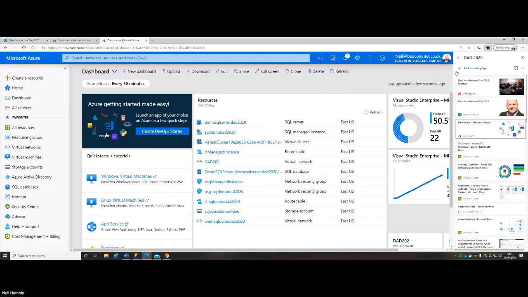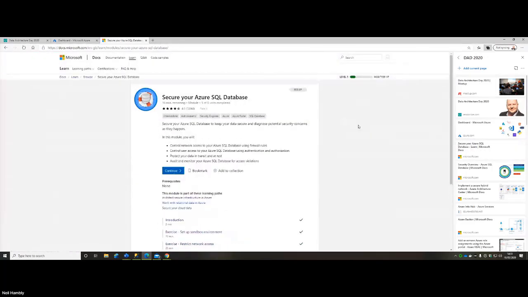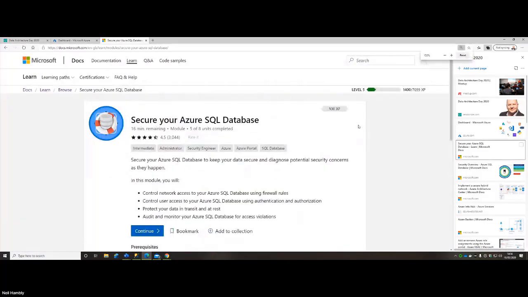So I'm going to take us through securing your environment. There's a number of resources, and one of those might be, for example, the Microsoft Learn environment, where you're going to learn how to create your firewall rules and how to monitor those environments. We'll come back to that towards the end of the session, because I'm going to get you started with the overview of Azure SQL Database and the security concepts around that.